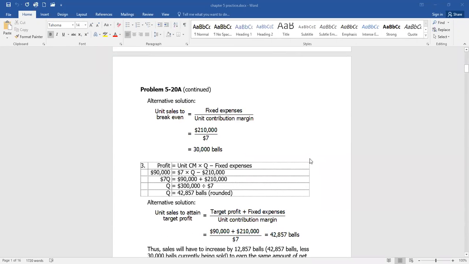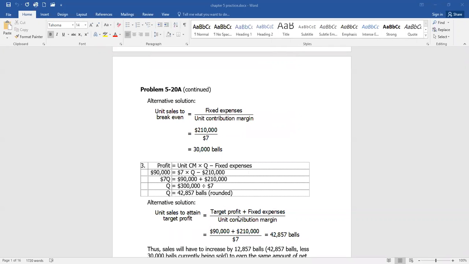In part 3, refer to that data we just looked at. If the expected change in variable expenses takes place, how many balls will have to be sold next year to earn the same net operating income, 90,000? So now in part 2, we looked at how much do we have to sell to break even. Now we have to see how much do we have to sell to reach a $90,000 profit. So you can use your equation, profit equals unit contribution margin of $7 times quantity minus fixed expenses. But now you have to populate 90,000 for the profit. Solving algebraically,